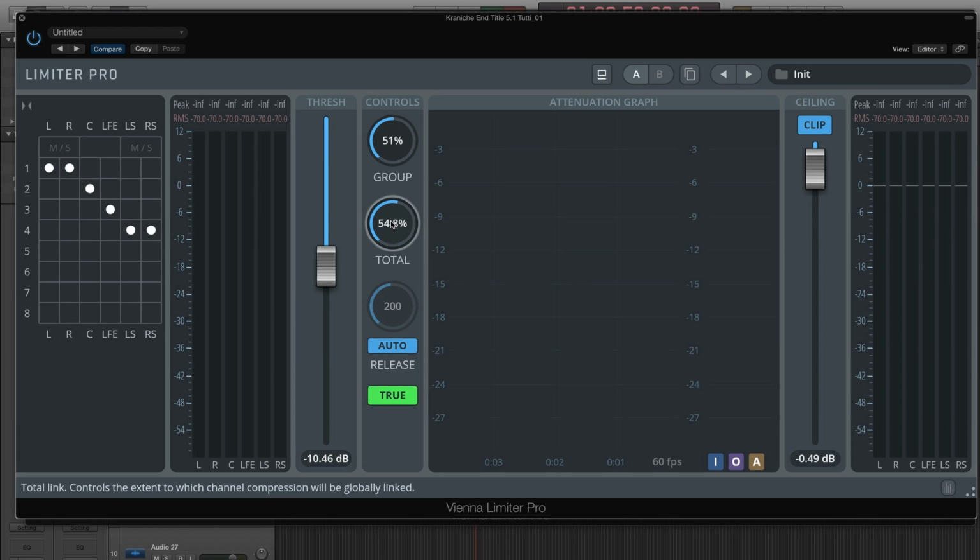As always, MS processing is available for each channel pair, and activating the MS button for a channel pair, MS encodes the channel before processing and MS decodes the channels after processing.